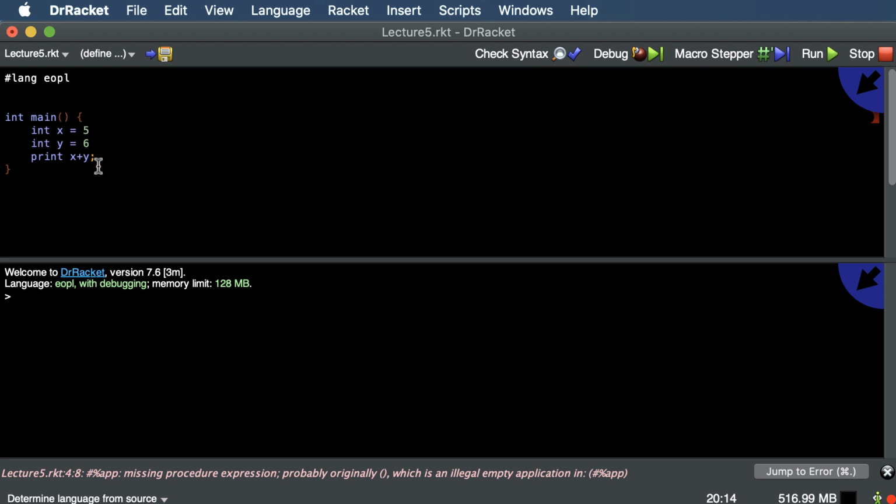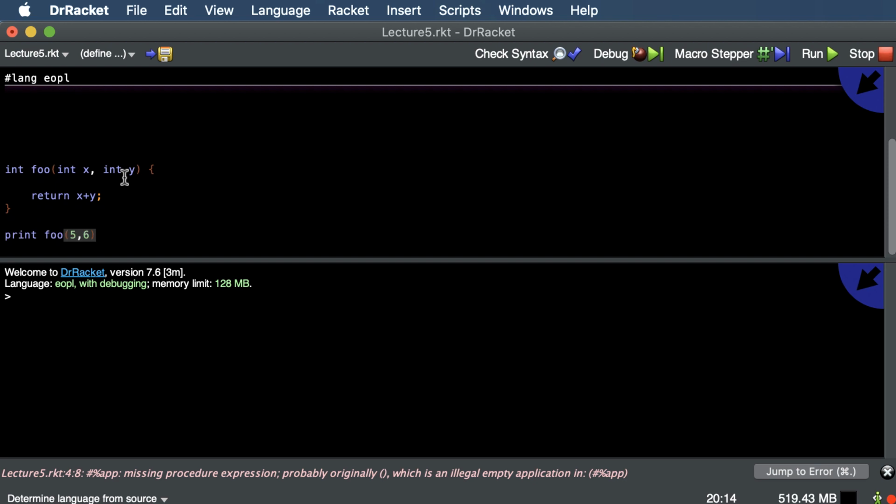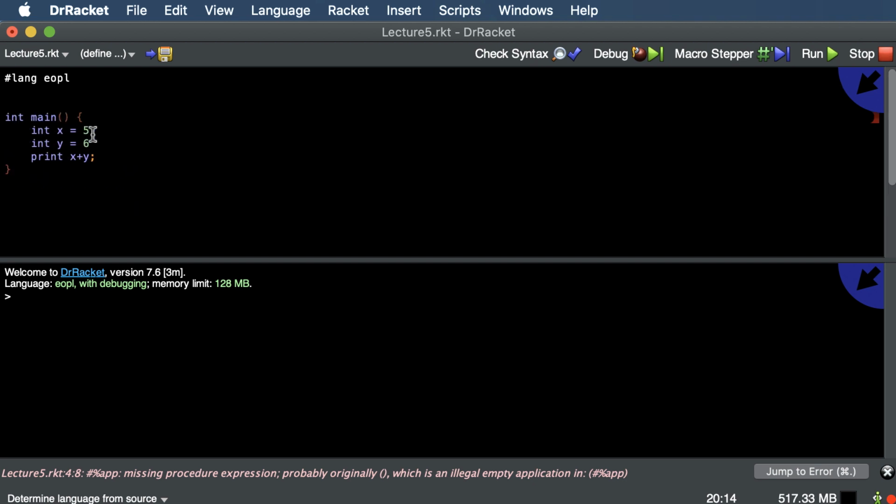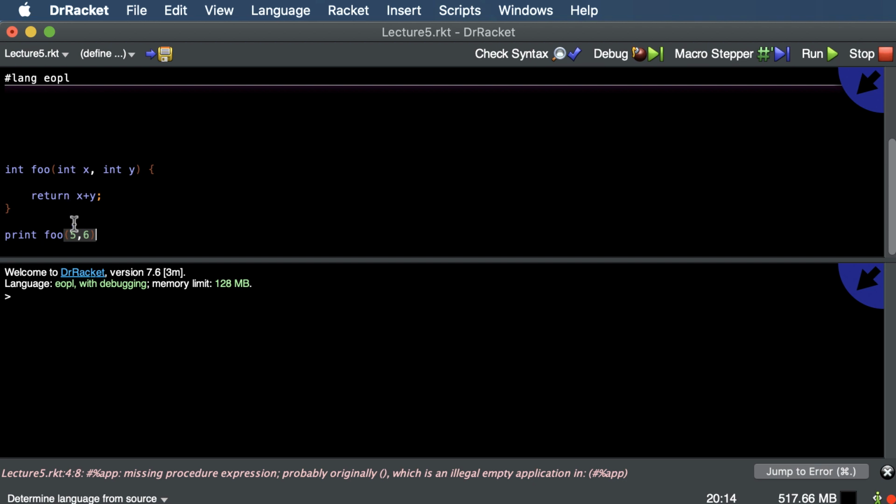There's another way to create new variables, and that's by creating a function. So when you look down here, we create a new function called foo that takes in 2 parameters, x and y, and adds them together. And then we call foo with 5 and 6, passing in 5 for x and 6 for y. That's the same thing up here. We'll get the same answer, 11. X will be bound to 5, y will be bound to 6. Down here, x will be bound to 5, and y would be bound to 6, and then we'd add them